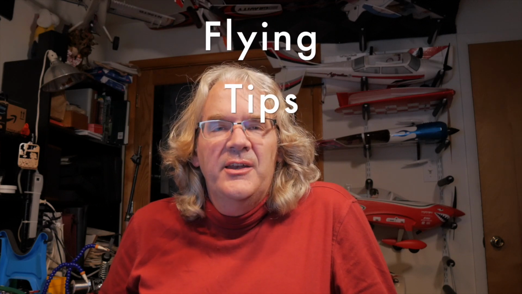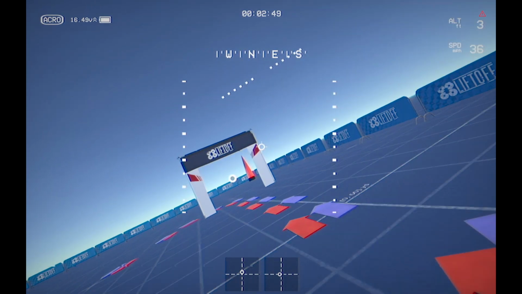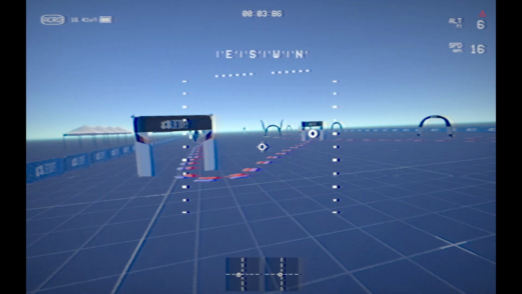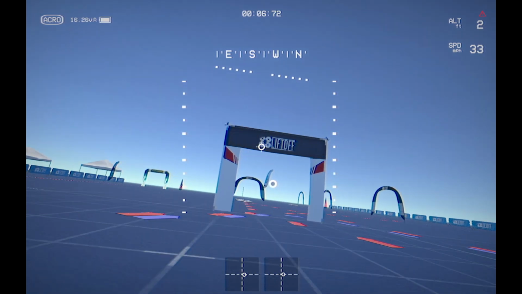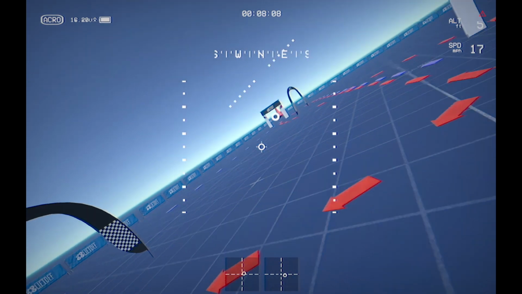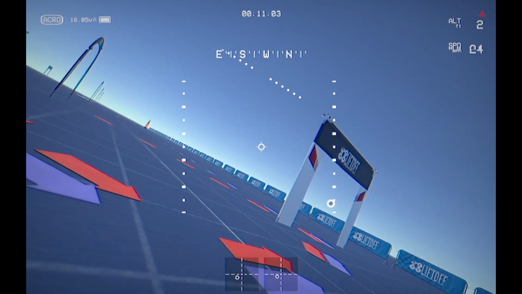Tips on flying FPV quadcopters: a lot of it is throttle management. You want to be rocking your throttle back and forth, trying to get it so your quadcopter stays relatively even, unless you need to do some dives and so forth. As you're flying around, try to fly as low as you can to the ground, and as you do your turns, you're going to do quite a bit of yaw. I try to fly within less than 6 feet high or so.